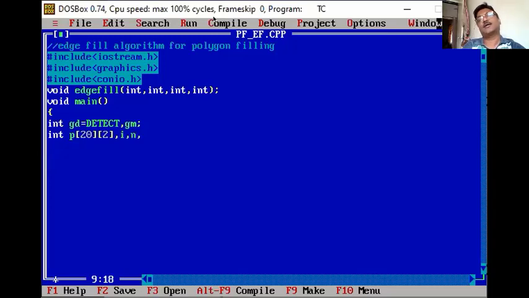Suppose I have considered there the quadrant. So you need x-axis, y-axis. So for this I need to draw, suppose, x max, y max, x mid, y mid.